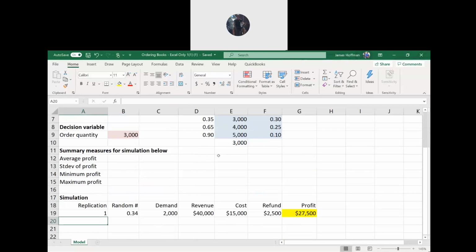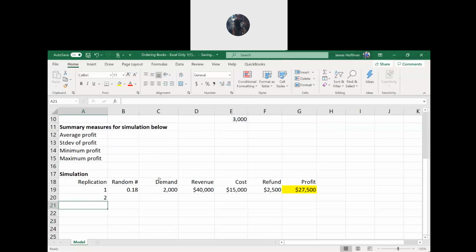All right, so now let's number our simulations manually. So in cell A20, type in a 2. In cell A21, type in a 3. All right. Then you can select A19 to A21 like that, and then just manually grab the bottom right corner